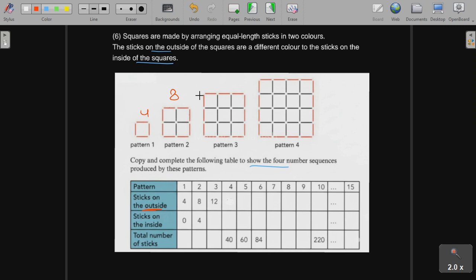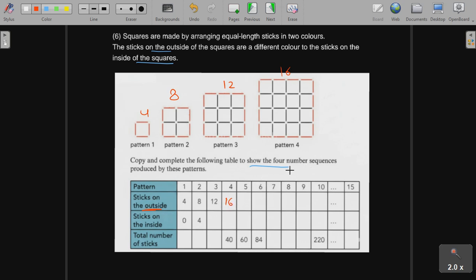You can see 4, 8, and this one is 12. You can count 1 to 12. This is our 16 red color. So sticks on the outside are 4, 8, 12, 16,